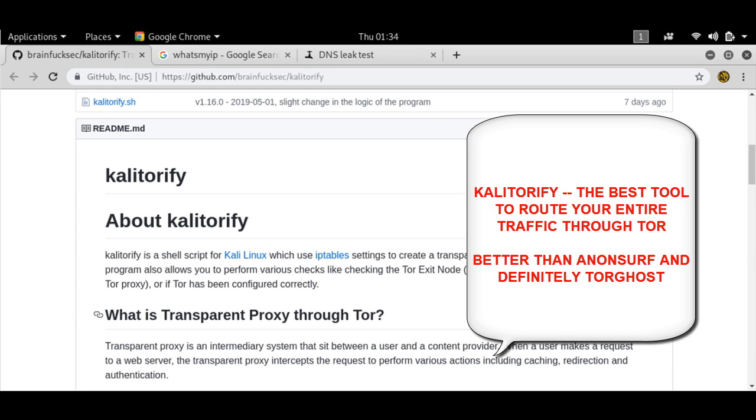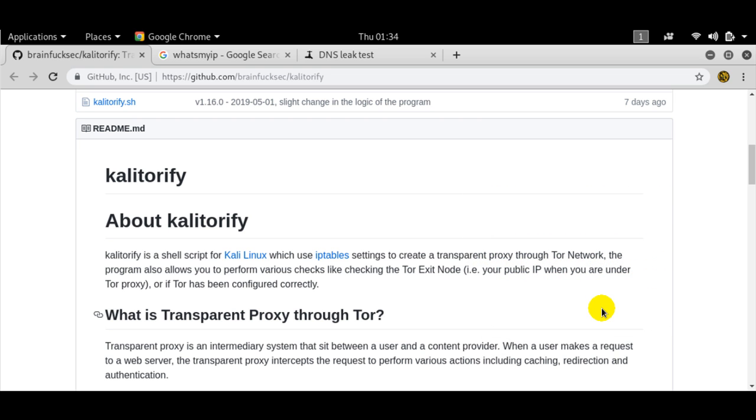Most of us have been using applications like ANON or TORGHOST to route their entire traffic through Tor. Now, ANON is meant mainly for Parrot OS, and in my experience, TORGHOST does not work properly. Now, I've come across this particular tool, Kalitorify, that will route your entire traffic through the Tor